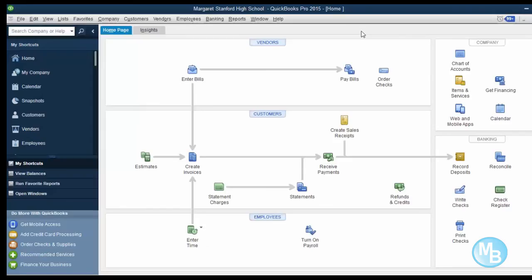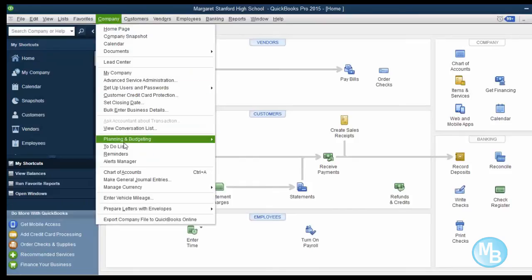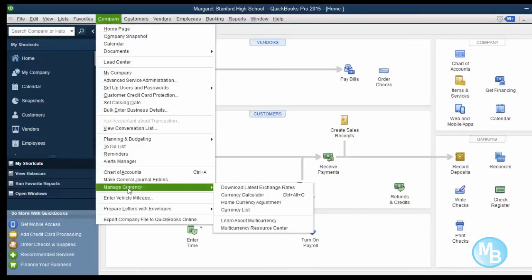Okay, so what we are going to do now is basically go back to Company and look at Manage Currency. And here we have a number of other options. Before we did what we have just done,